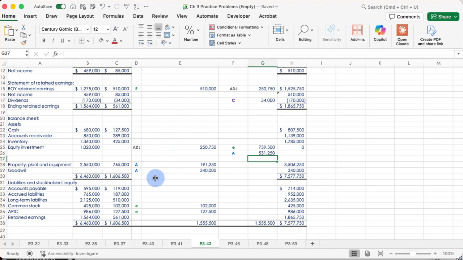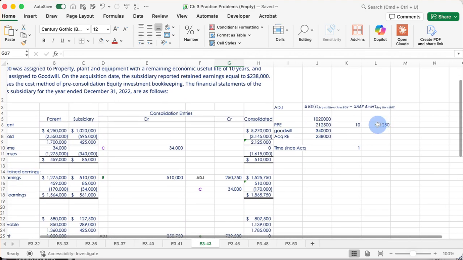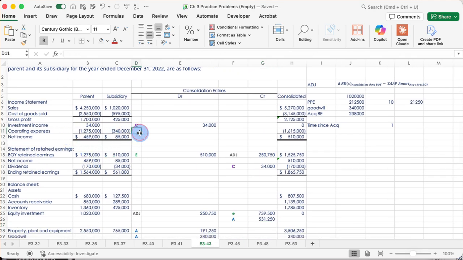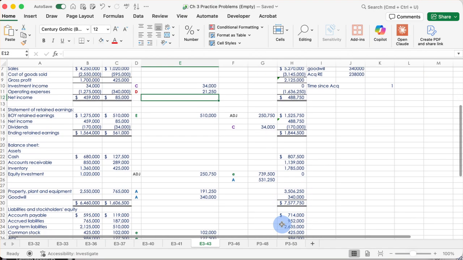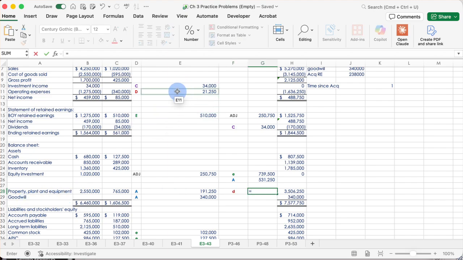We need D, which is our depreciation for the current year. So there's 21,250 for this year. And so we're going to increase our operating expenses. Put D here. Go grab those operating expenses. We'll come down here. And this is decreasing the carrying value of our equipment, so that's why it's going on the plant, property, and equipment line for 21,250. And so now